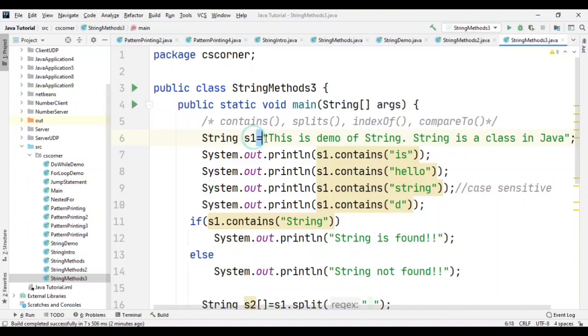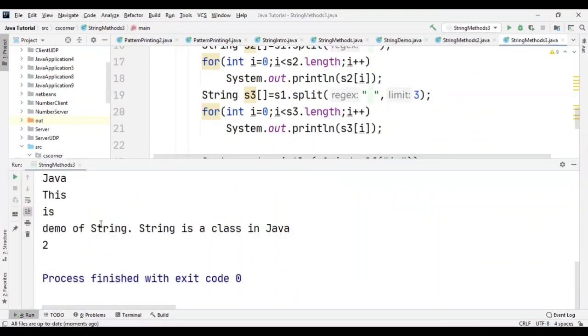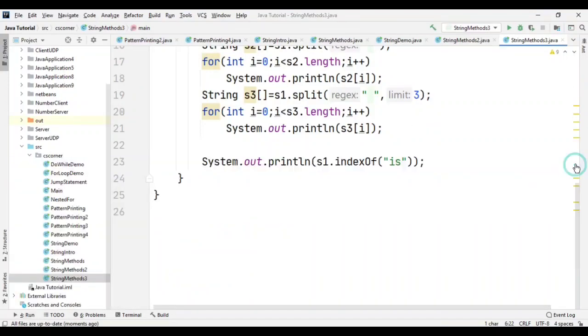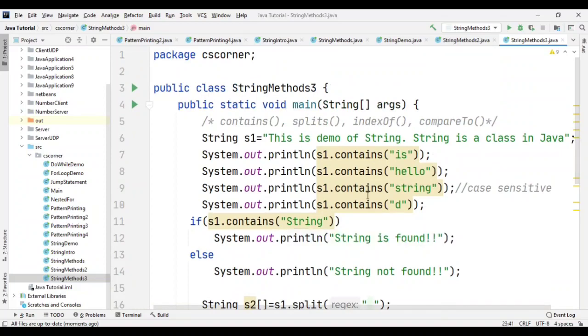It starts from the left side, and whatever is found first, it is going to return. The position of T is 0, H is 1 and "is" is coming at position 2. So it is going to return 2 as my output. Here you can see I'm getting 2 as my output because "is" appears at position 2.